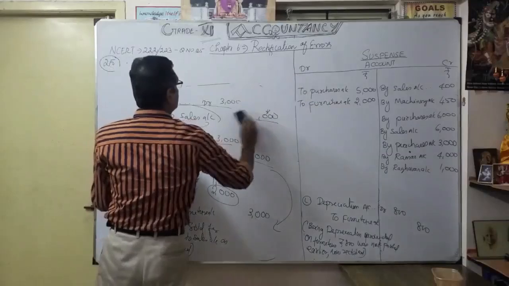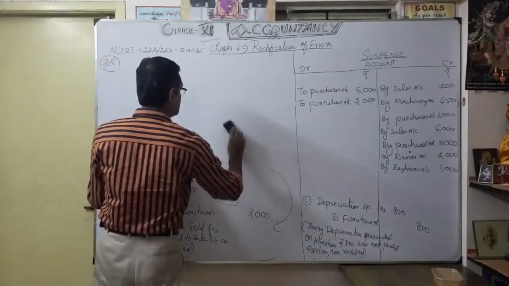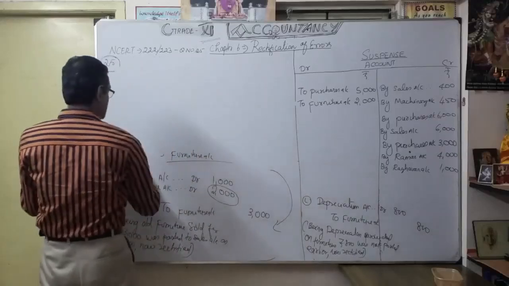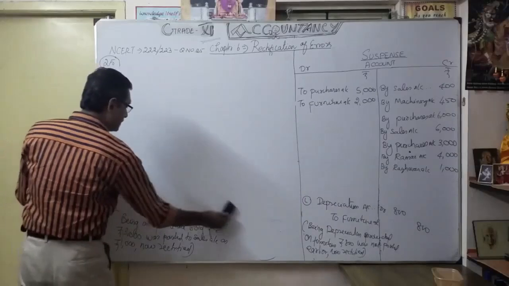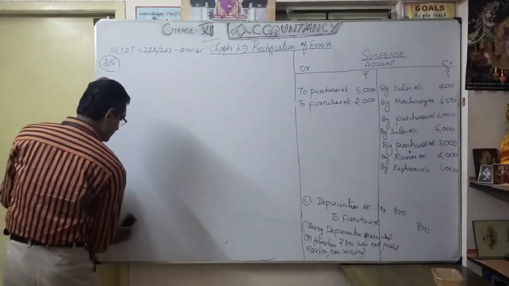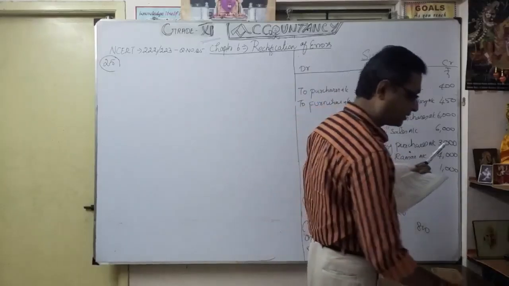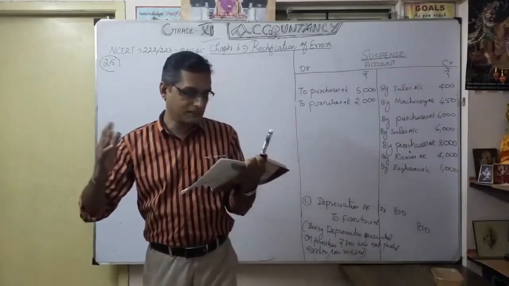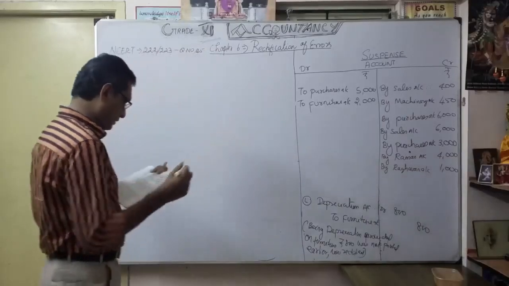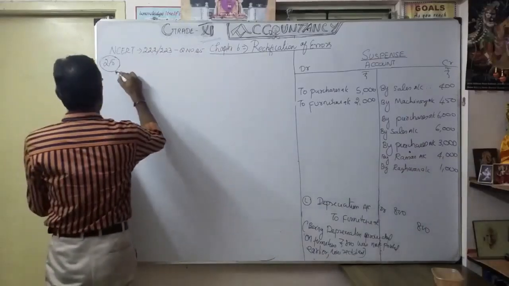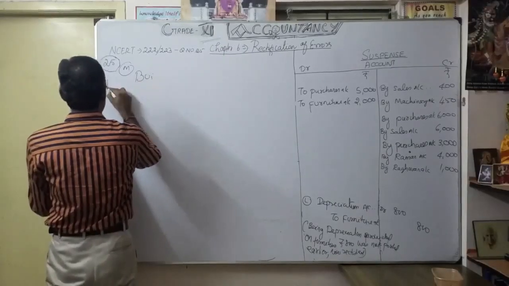Let's see, you have to write the rectification entry. They have not done the adjustment. So whatever purchases and wages, we consider as building, as an error of principle. Earlier they debited purchases and wages, but the purpose was the building account. So we are supposed to debit the building account. So the rectification entry.